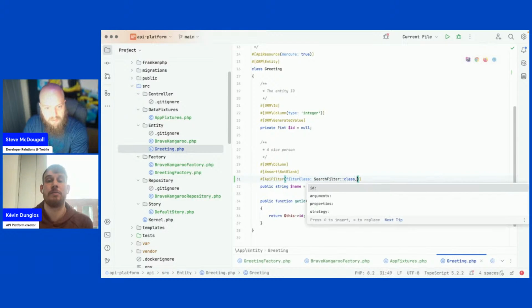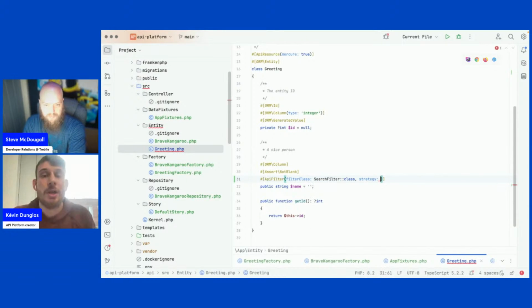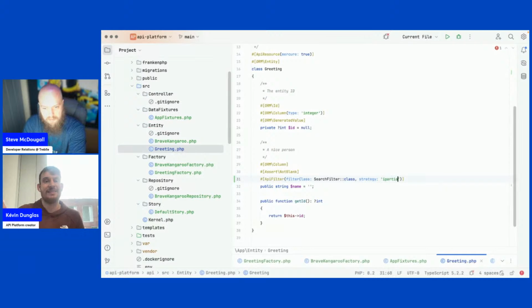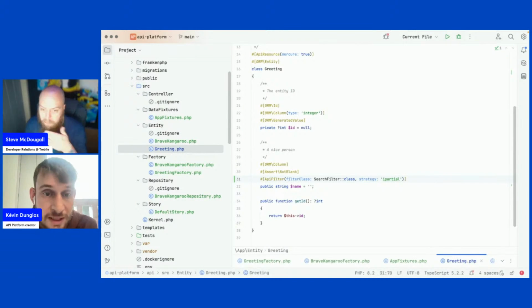We have constants on the class, but you can use the value "ipartial" as a single word string. Basically, i is for case insensitive and partial is for partial. Okay, that should be enough.